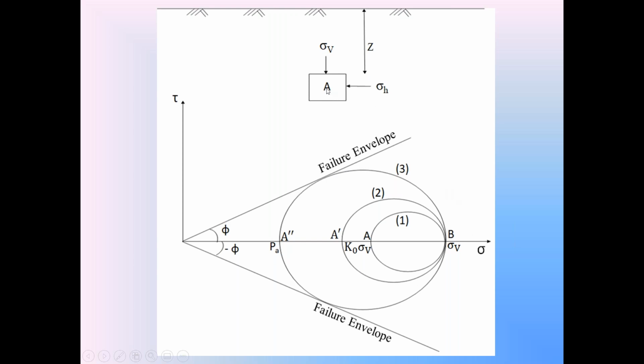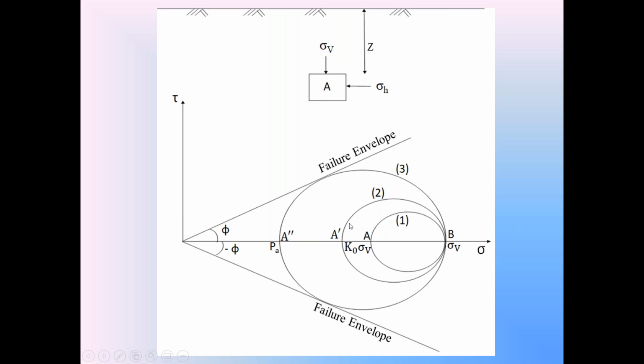The horizontal stress acting on the soil element at point A double dash is called the active lateral earth pressure acting on the retaining wall in the active condition, PA. This PA indicates the active lateral earth pressure acting on the retaining wall from the origin up to this point A double dash. This length is the minimum horizontal earth pressure in this soil element, that is called the active lateral earth pressure. Next class, we will discuss what is this value of OA double dash, that is this active lateral earth pressure acting on the retaining wall.